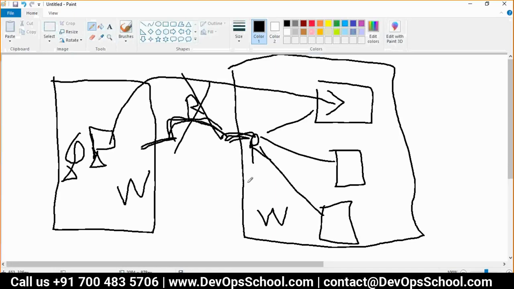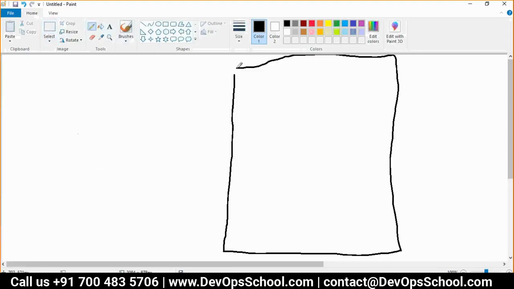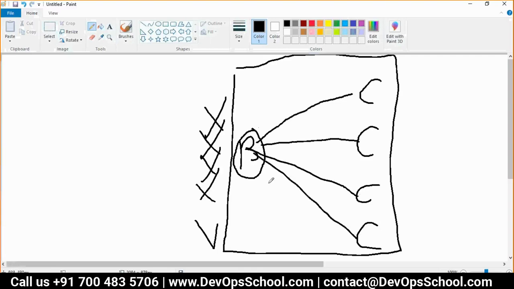Okay, simple case. Now I'll tell you, guys: this is your VM where you are running containers. The VM has an IP address. Think about it, very simple logic. You are running containers 1, 2, 3, 4. The container IP address is given by a bridge, which is a virtual bridge here. This bridge powers this container, this container, this container, this container. Now the bridge can be accessible within a system, but not outside of the system.